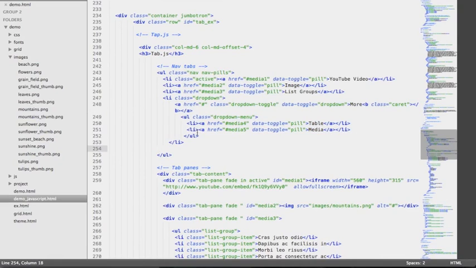So I'm going to explain very quickly. In this new code, we have the link back for the table, which is linking to the media number 4, so here we can see that we have the target, media 4. And underneath, we've added an additional media. That's another target, media 5, although we don't have the corresponding tab pane. So we're going to go ahead and create a new tab for this media 5